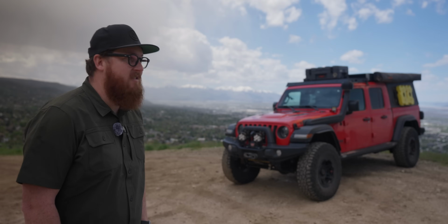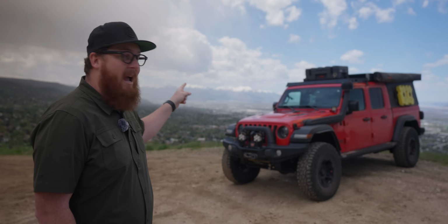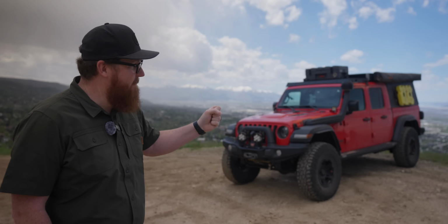And then as for the mounts, I have learned that the Rome Adventure Co. quick release mounts have a slight rattle to them. So with the amount of sound deadening that I have done to this truck, and we'll talk about that in part 2 of this walk around series, that little rattle, man, it just